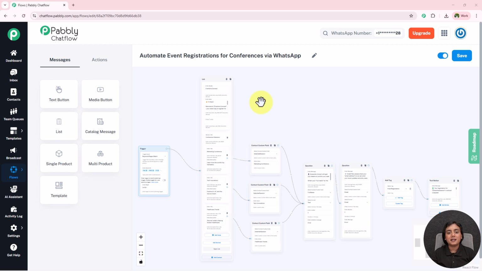Have you ever created an amazing WhatsApp chatbot using Pabbly Chatflow and wish you could share it with any of your team members, clients, or anyone outside of the organization? Well, now you can. Pabbly Chatflow has recently launched this amazing feature, and now you can share your amazing WhatsApp workflows, that we call flows in Pabbly Chatflow, with anyone in your team, your clients, or someone outside the organization. And in this video, I'll show you the step-by-step guide of how you can share your flows